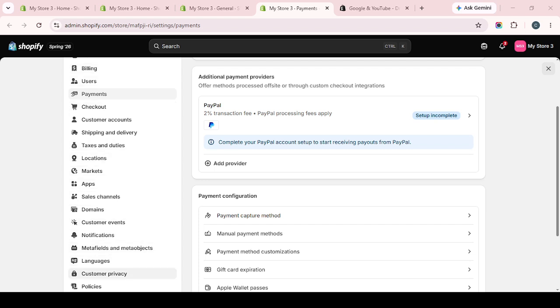By checking your payment gateway status, confirming your markets are active, and reviewing checkout validation settings, you can eliminate